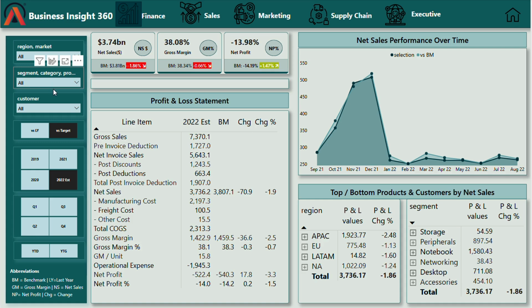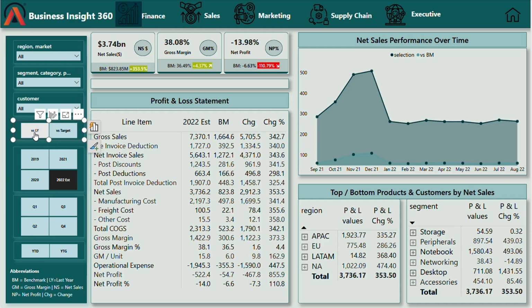And also we have filters on year wise, quarters, and year to date or year to go. And we also have a toggle button between last year and target. If we click on last year, the whole dashboard shows data according to the last year. Then I created this profit and loss statement as well. This is very much important of